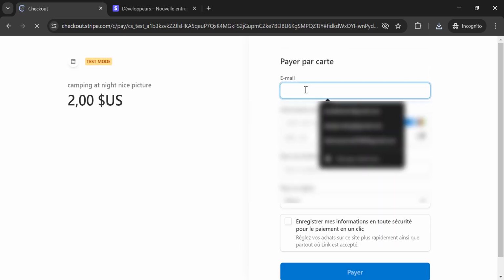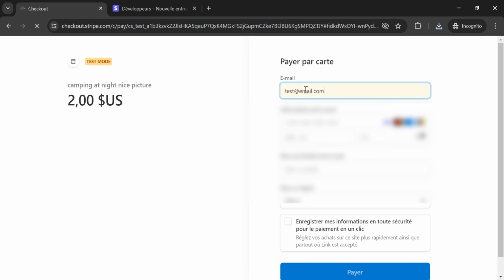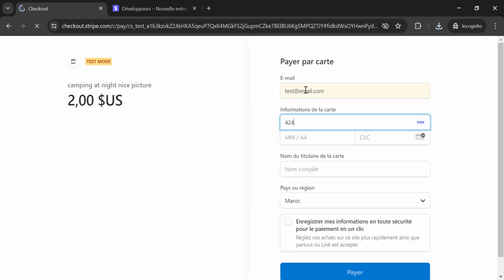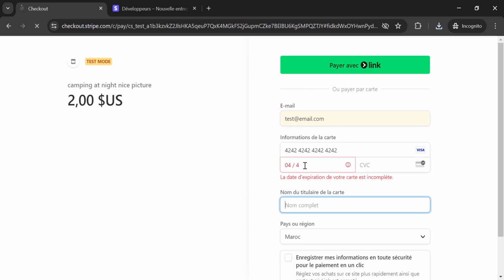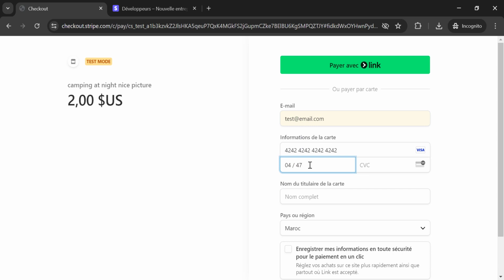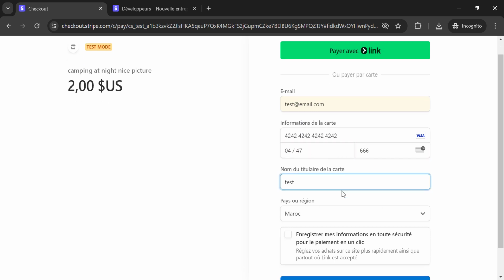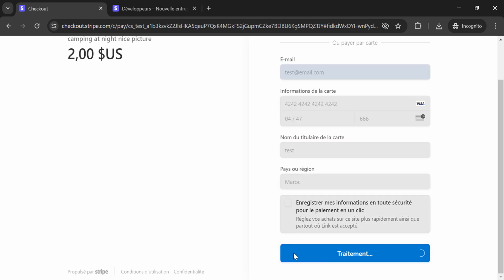Now we are directed to the Stripe checkout form. So let's use the email, and also here the test card, and we need the expiry date, secret code, and name. Hit pay now,